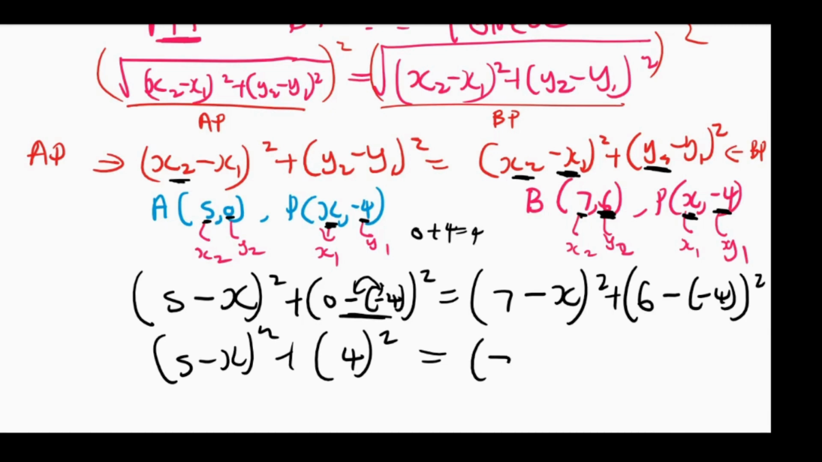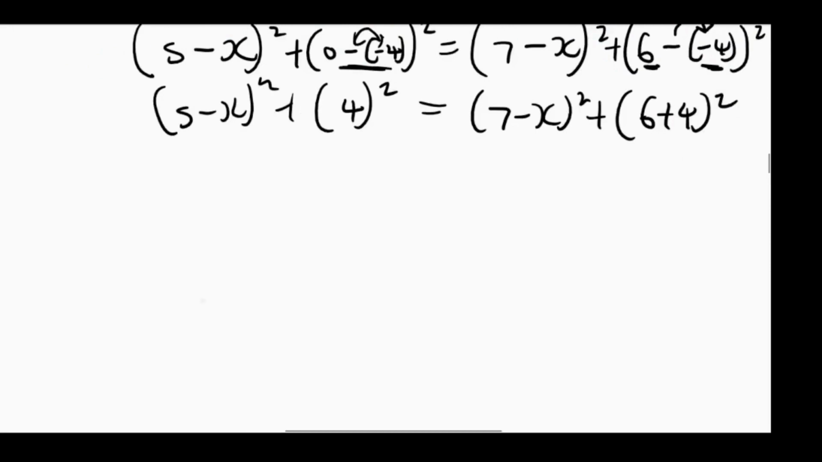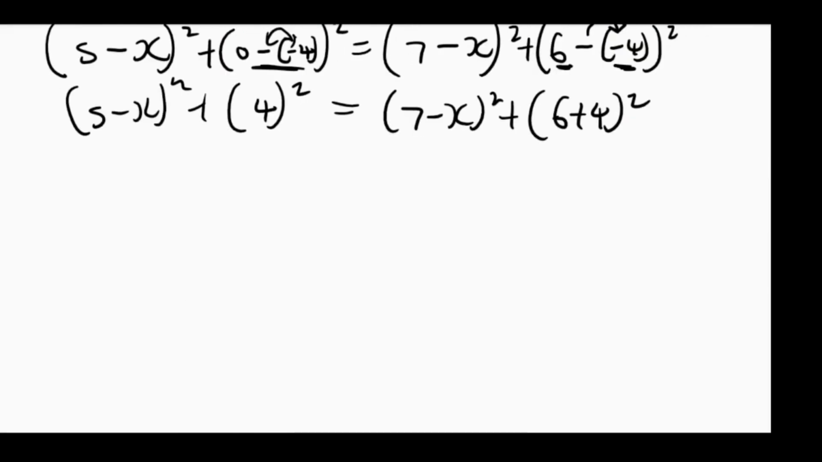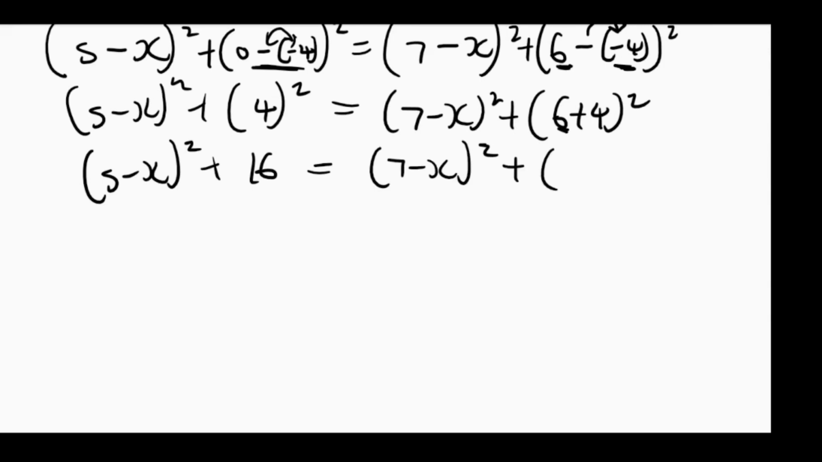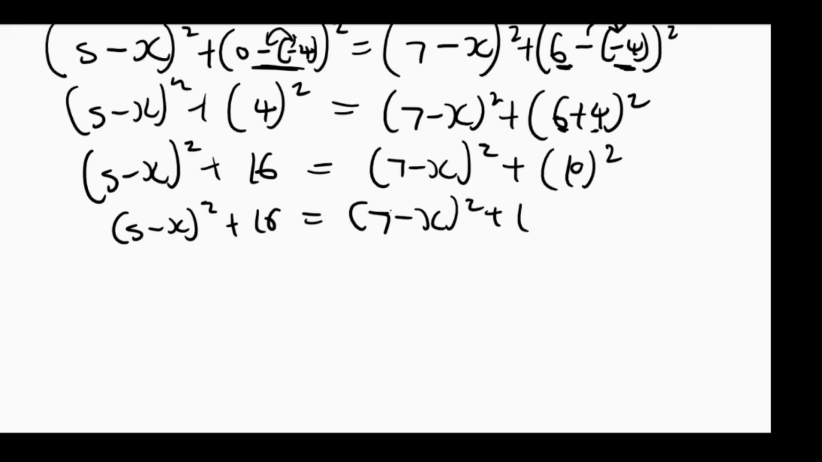And then equals to, we have 7 minus x squared plus, and then 6 minus 4, which is going to be 6 plus 4 squared. All right, so remember we're trying to find the x value of P. So we're going to have 5 minus x squared plus 16 equals to 7 minus x squared plus, so 6 plus 4 is 10 squared. So we're going to have 5 minus x squared plus 16 equals to 7 minus x squared plus 100, because